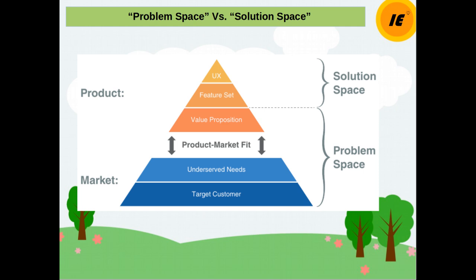So here you can see in this figure, I have shown the orange, the first two parts, actually belong to the solution space, and the bottom three layers belong to the problem space. So that is bringing this concept back into the same pyramid figure that I am discussing. So let's read it from the author itself. The customers are also not likely to serve you their problem space needs on a silver platter.